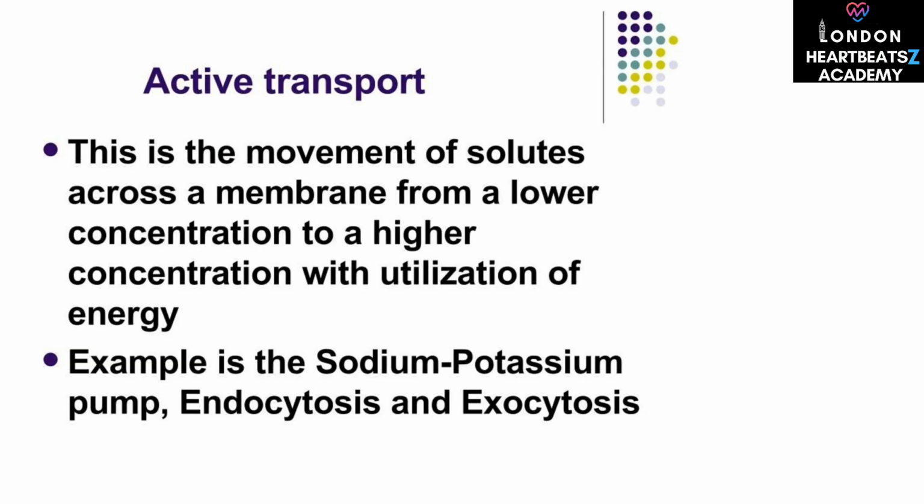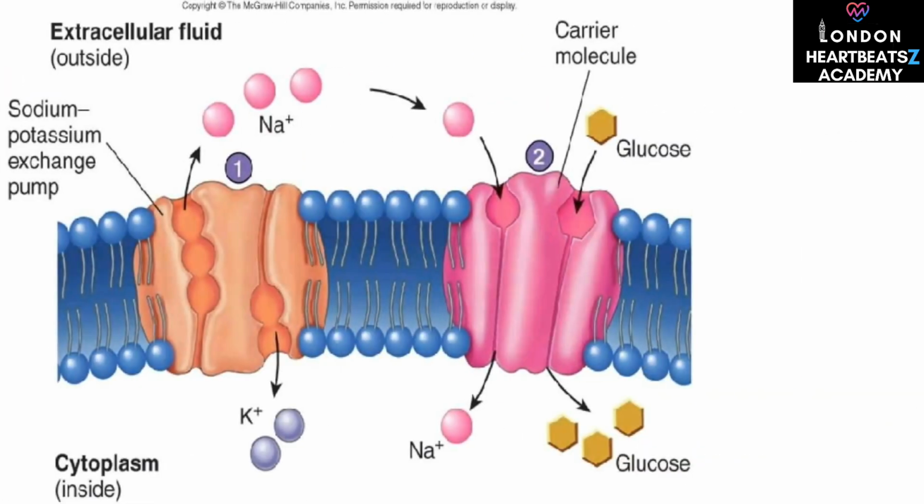Active transport is the movement of solutes across a membrane from a lower concentration to a higher concentration, requiring energy. Examples include the sodium-potassium pump, endocytosis, and exocytosis. This diagram illustrates the sodium-potassium exchange pump and carrier molecules, facilitating active transport of substances like glucose across the cell